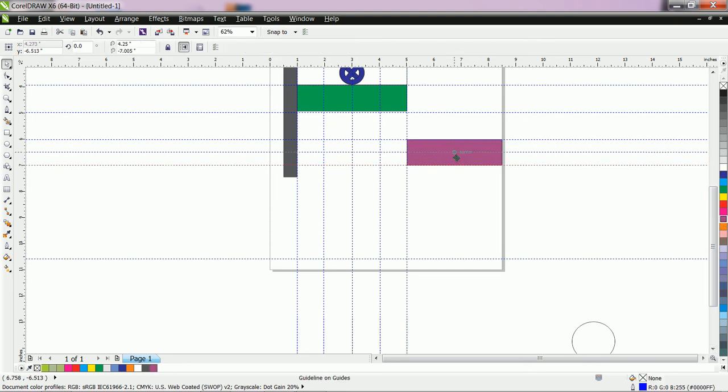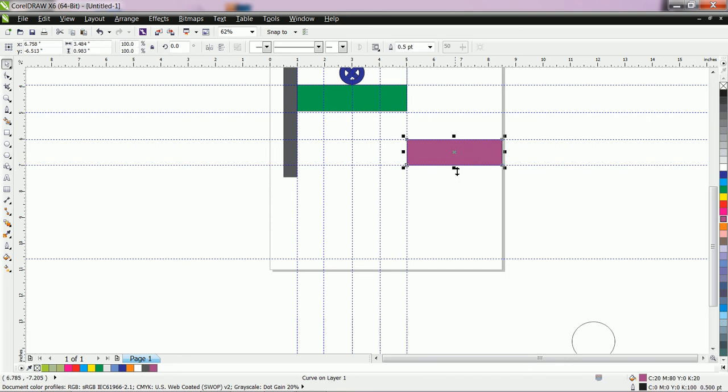Let us resize this object. From both sides you want to decrease the size, then use the shift. Okay, with the help of arrow key you can also move the symbol.